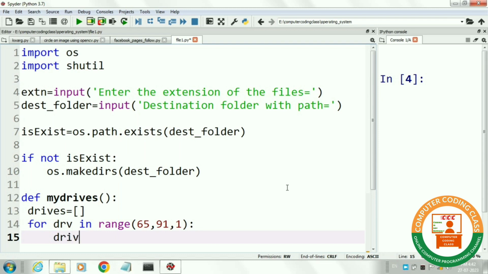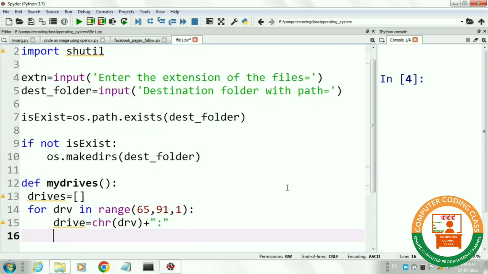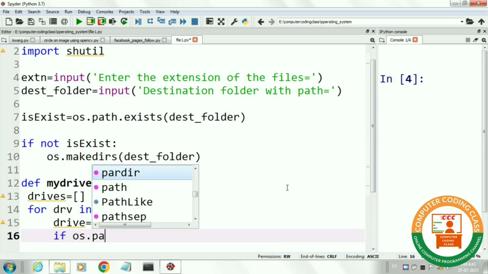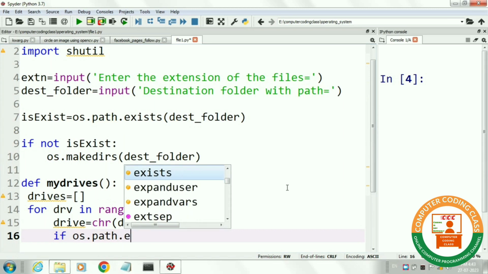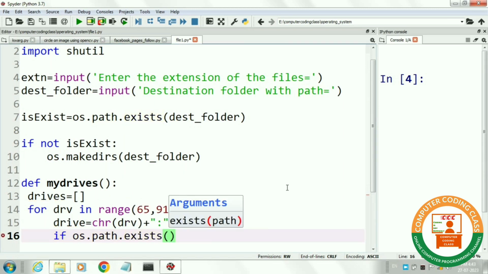Next, we will convert each ASCII number into a character by using chr function, then add colon with each character. Next, we will check which drive from character A to character Z exists on our computer.